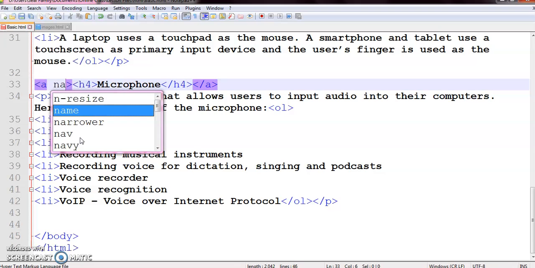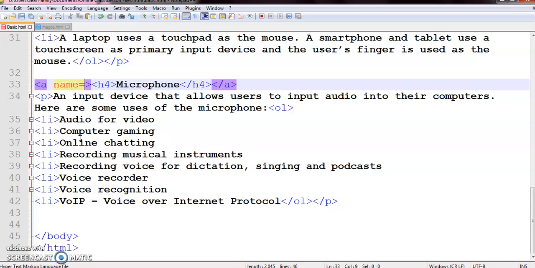Now you can provide any name you want, but if you provide a meaningful name that will be easy to remember, that will be helpful to all of you. So the section is microphone, so I can write the name of the section as microphone.